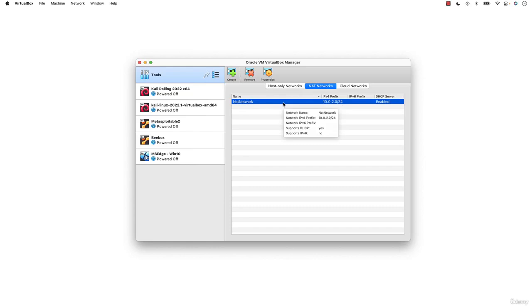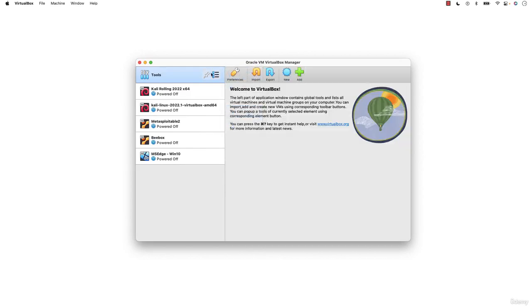Of course, we're gonna see how to connect this net network to one of the virtual machines later on, but all you've got to do right now is to create this net network. Make sure you create it. And that's it. Maybe one last thing I can show you is to come over here to the preferences